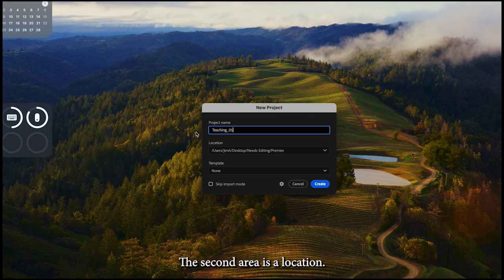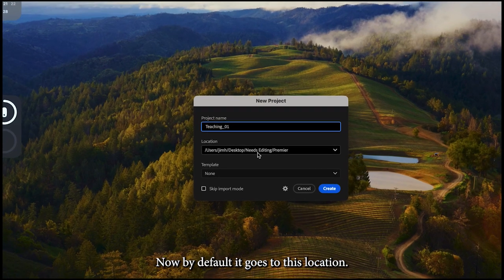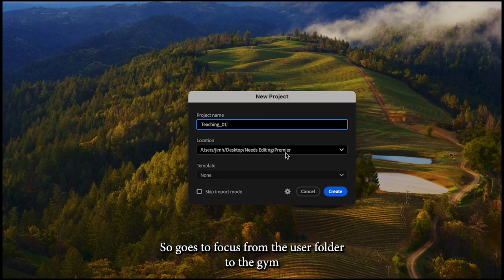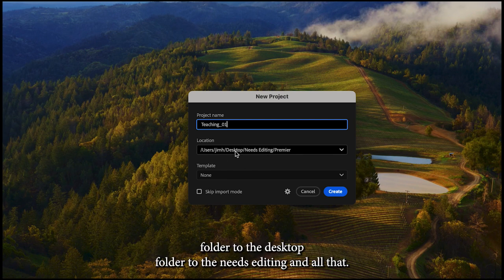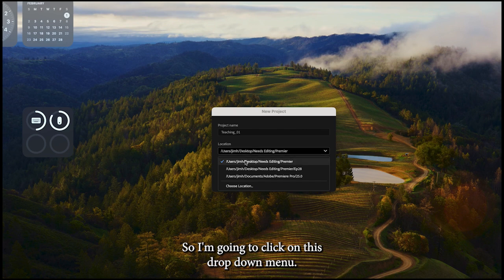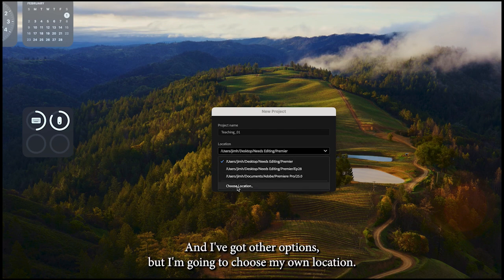There we go. The second area is a location. By default, it goes to this location. If you're using a Mac, you probably are familiar with this pathway. It goes from the user folder to the GimH folder, the desktop folder, to the needs editing folder and all that. Well, I don't want it to go here. I want it to go where I want it to go. So I'm going to click on this drop-down menu, and I've got other options, but I'm going to choose my own location. So I'm going to click Choose Location,